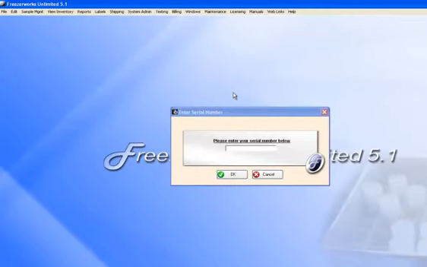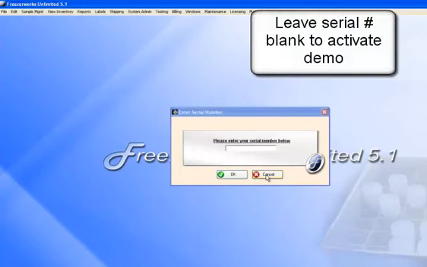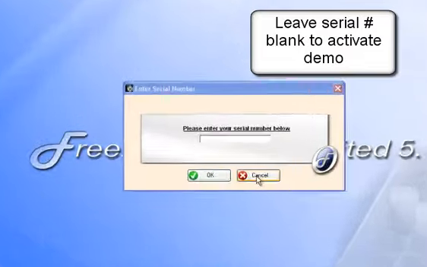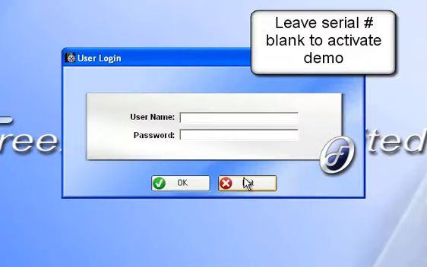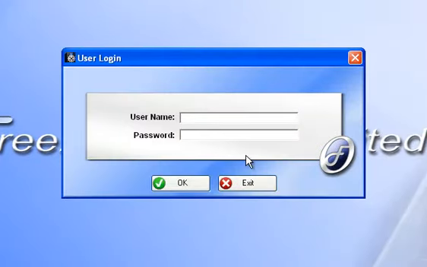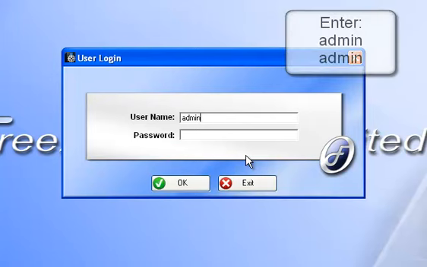Now the first screen you'll see is a screen to enter your serial number. Go ahead and hit cancel at this point. This will turn the program into a demo with the 100 record limit. For username, type admin. For password, type admin. Hit OK,